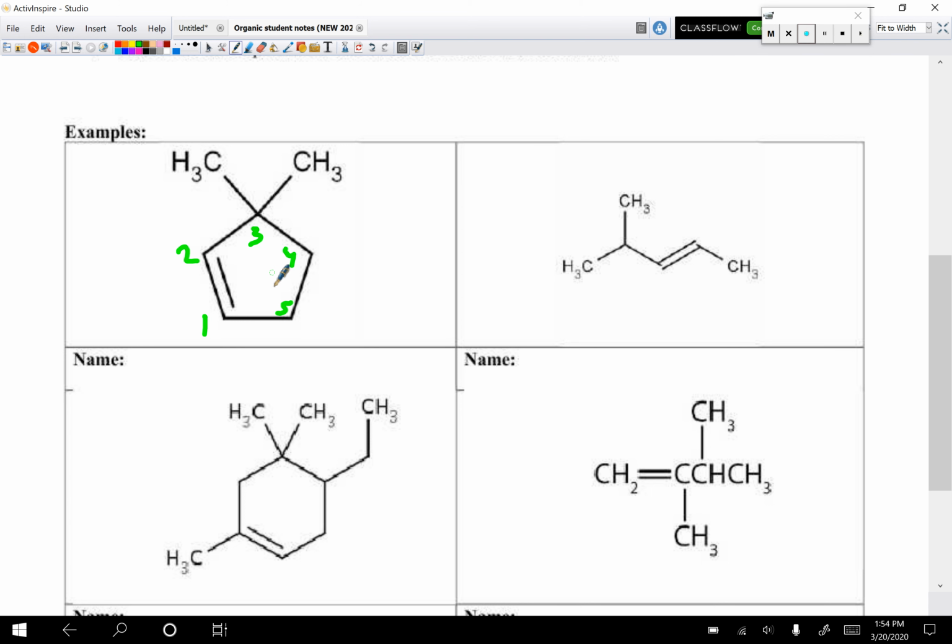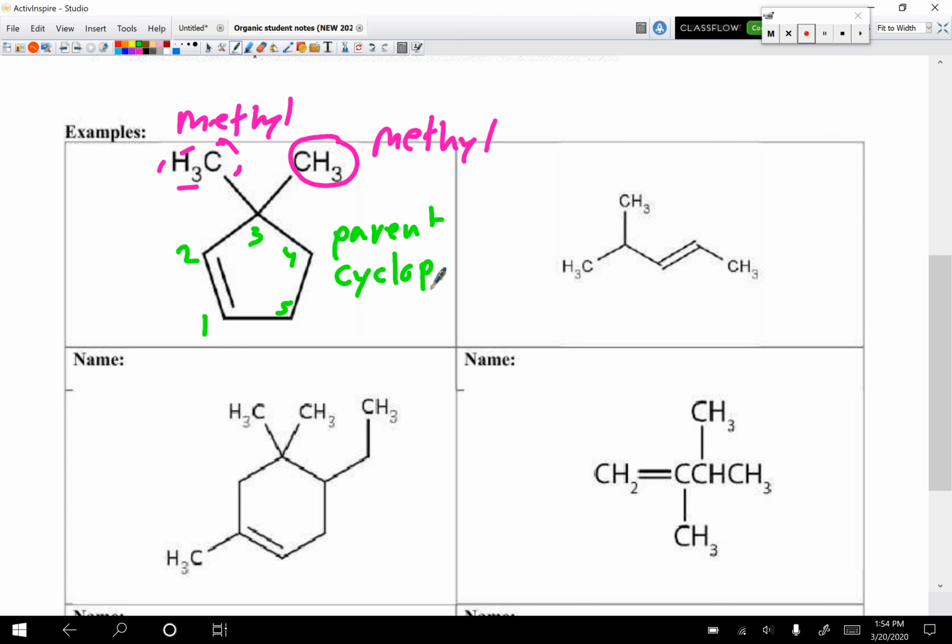All right. Now as for our branches, we have methyl and we have methyl. So when we're putting all this together, of course we know our parent as well. So we have parent, we got cyclo, in this case right here, pentene. All right. So for our name, we need to put in our branches first. So from our cyclic compound, we can tell we have 3,3-dimethyl,